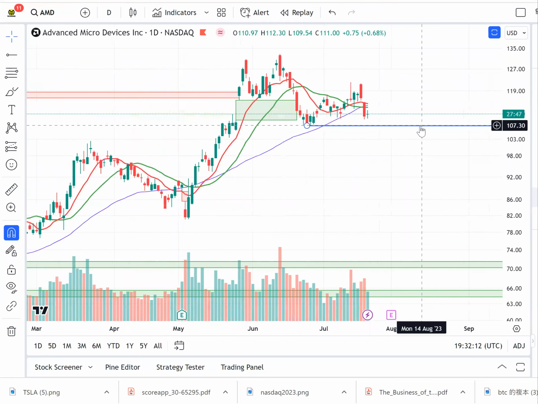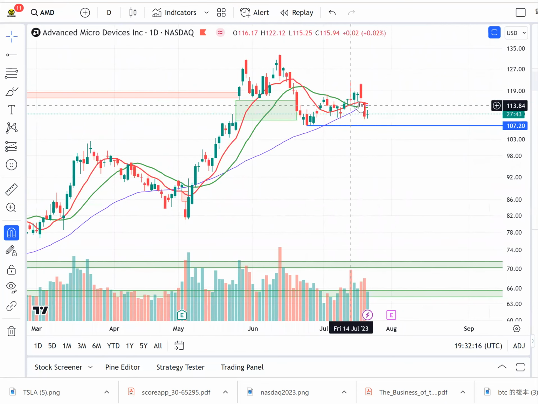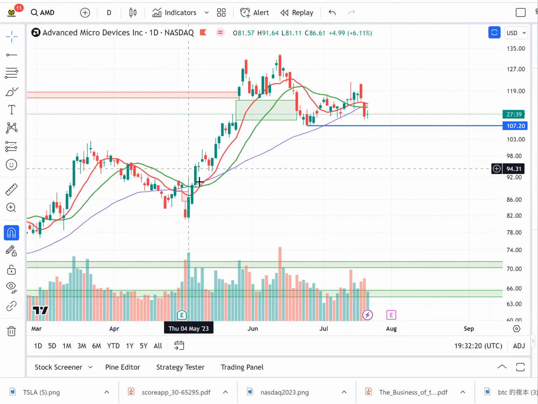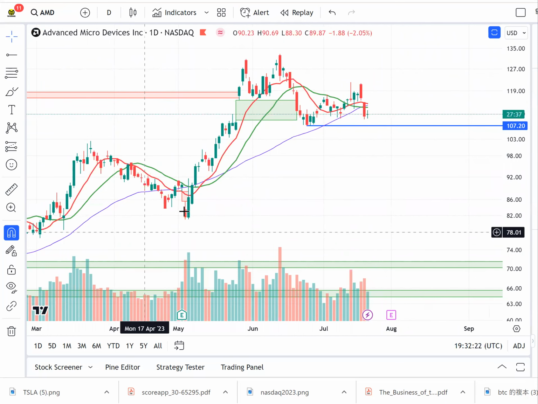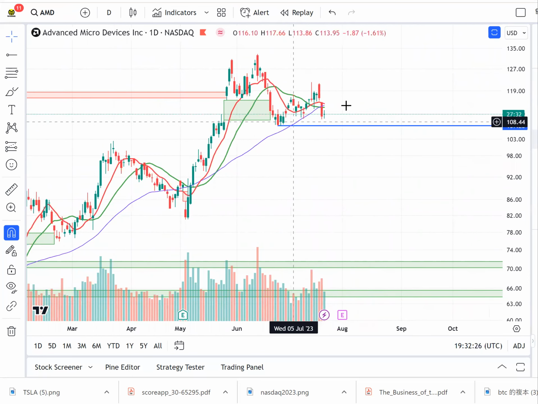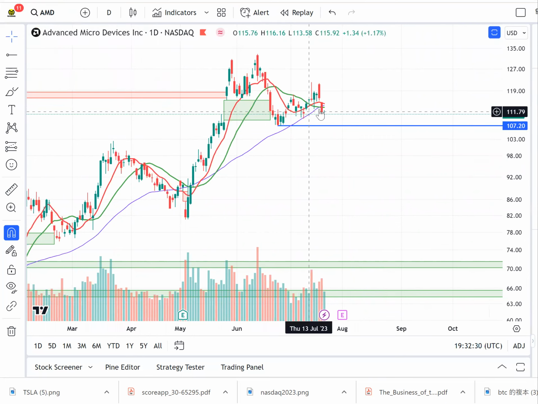So in the long term, we're still in the upward channel, although it dropped below this blue line. But we are still safe because look at this. Even when they drop below the blue line, as long as we don't go below the cut loss price, we keep the stock. Okay, so this is the view. And second,